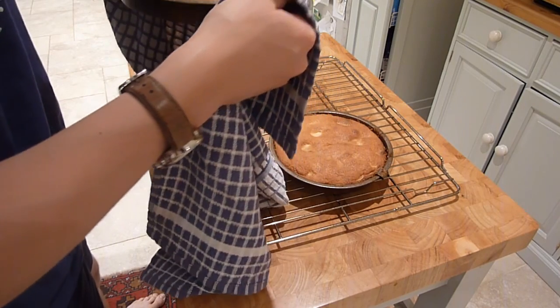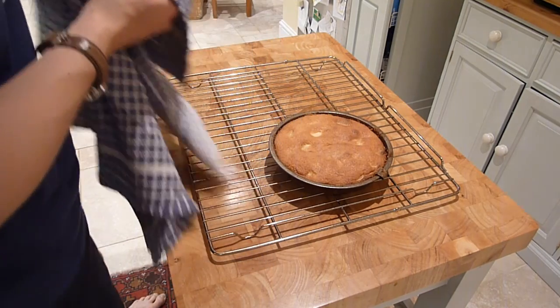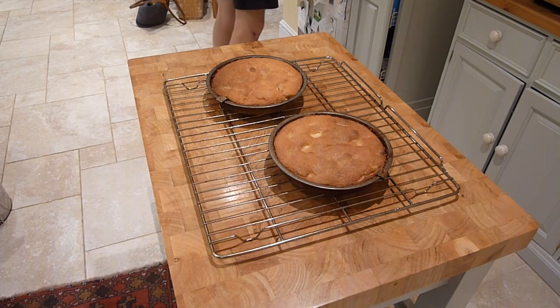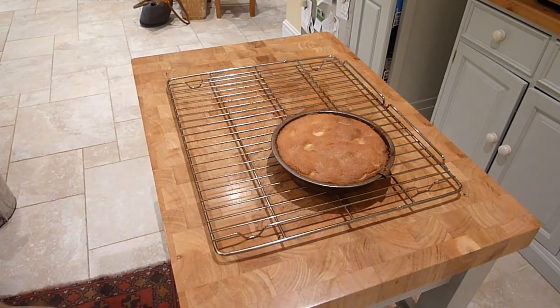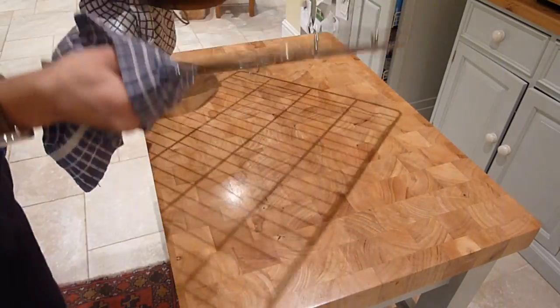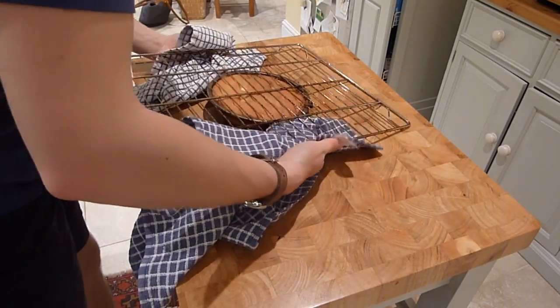Use a tea towel for this, because if you use oven gloves you haven't got enough manoeuvrability to do it well. So that's that. Now get a second one, I suggest using two so you can actually do it well. So I'm just going to move this one over here. Now you just grab this, bang it on top, like so, and then turn it and hope and pray that it stays in. So turning,